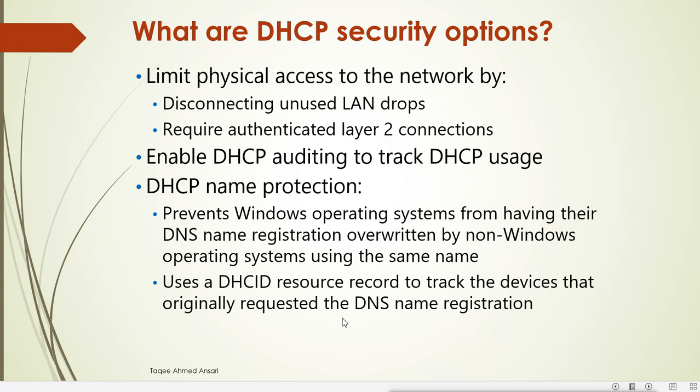But remember, communication does not happen by the name. Our name query will go to the DNS server, and in the DNS server there is a record of which name has which IP address. DNS has all the records of names and IP addresses. That means in DNS we have a record that this is the name of the machine and this is the IP address of the machine. We have all those records stored in the DNS server.